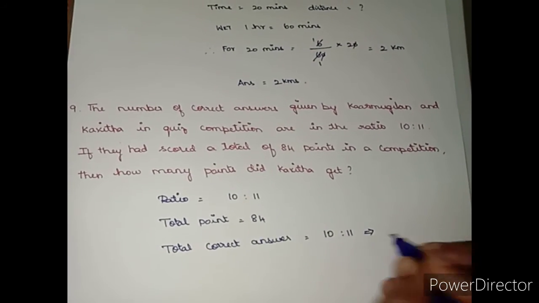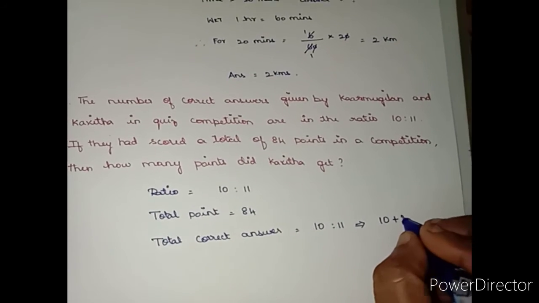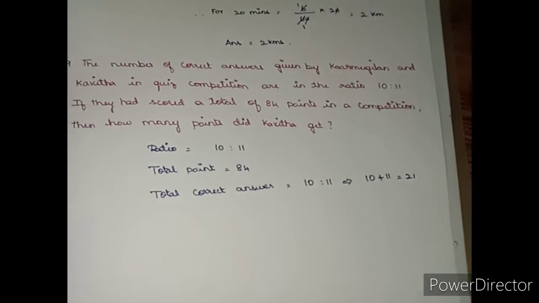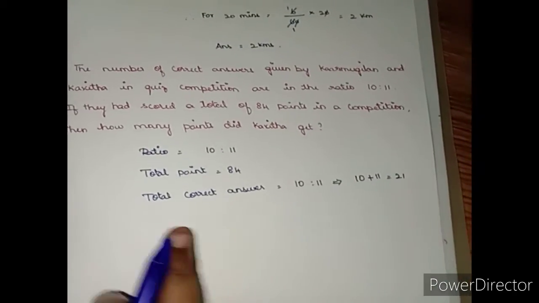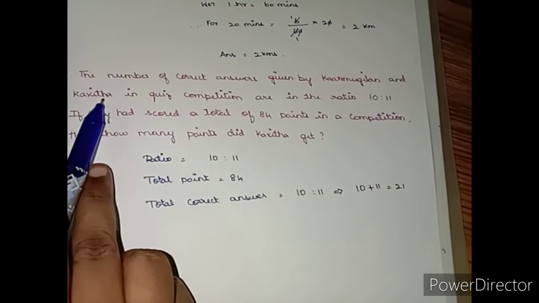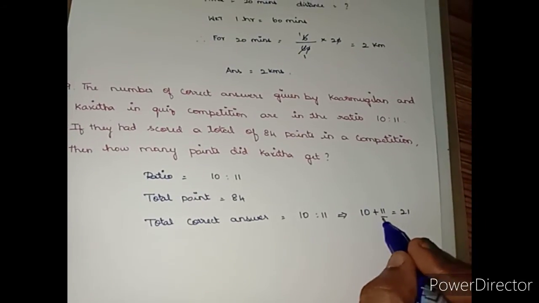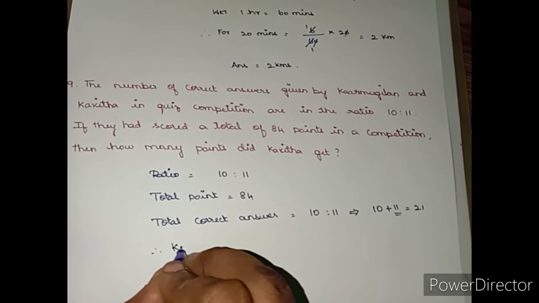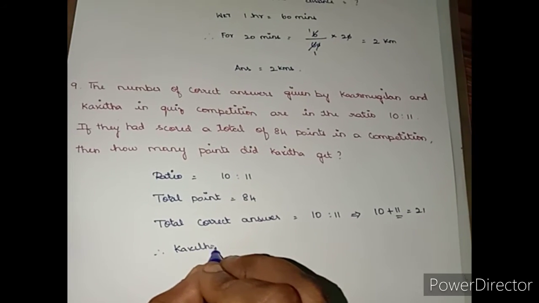We should write it as 10 plus 11, that is 21. So here 10 belongs to Carmugilan and 11 belongs to Kavita. So here 11. Therefore Kavita's